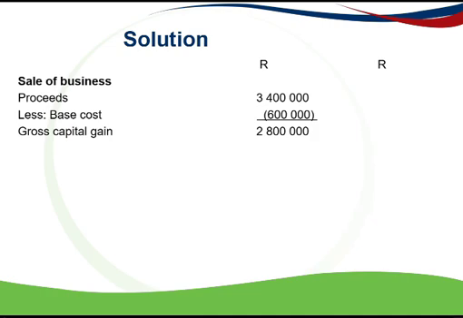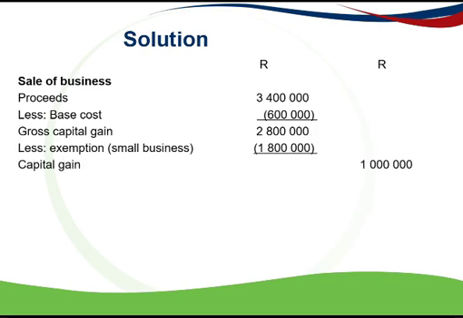Now remember, I said to you in the video that we need to know if there are any specific exclusions for each asset. And in this case, it's the sale of a small business, and the exemption is therefore 1.8 million Rand, which then gives us a capital gain, which we include in the second column because we're going to total all of those up to get to our aggregate capital gain, and that's R1 million capital gain on the sale